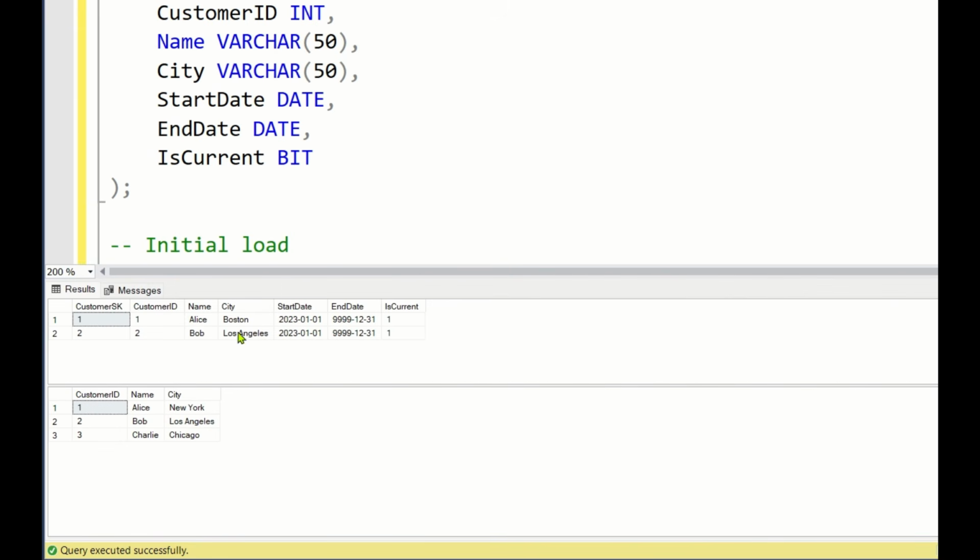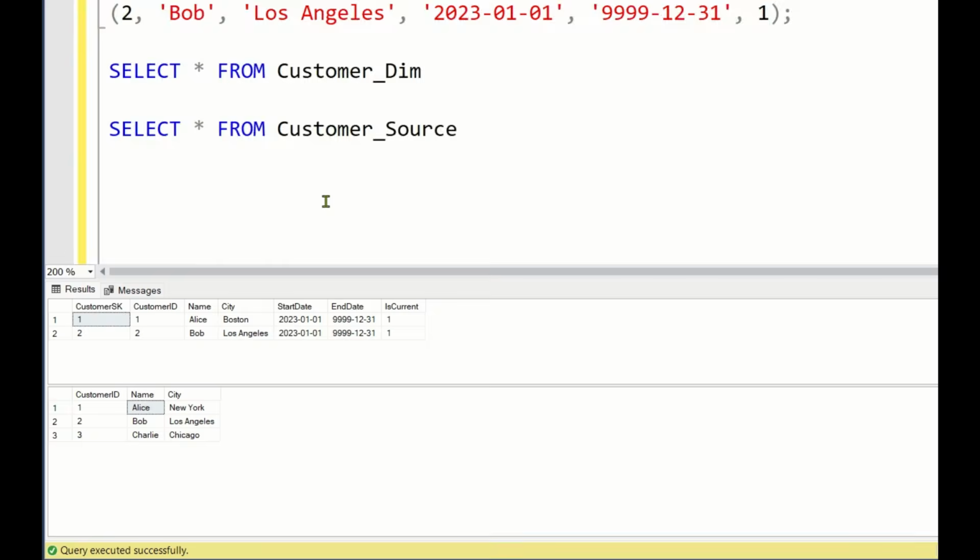First scenario, we'll see if there is a match between the customer source table and the customer dim table based on customer ID. If there is any match based on the customer ID, we'll make sure that we update the names and cities, whatever is changing, based on the customer source table. First, let's make the updates and then let's insert the new records. So first thing,